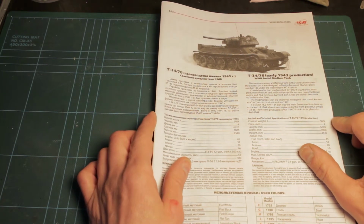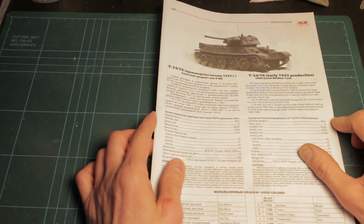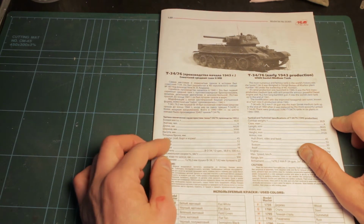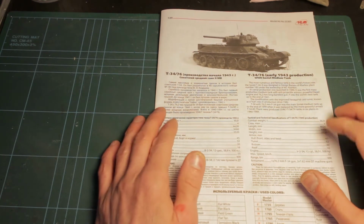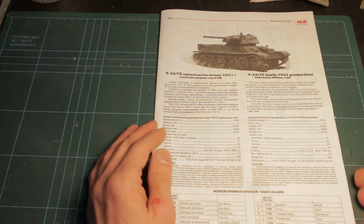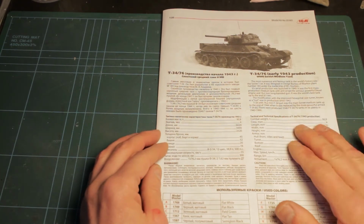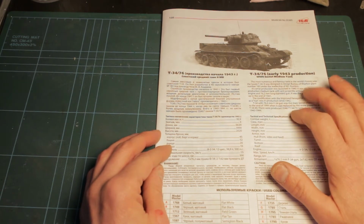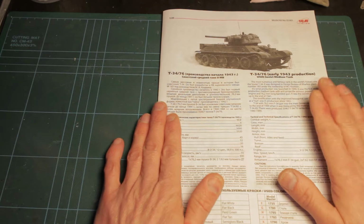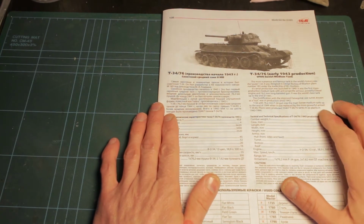They produced 35,467 T-34 76 tanks in 6 plants from 1940 to 44. So 35,000 plus tanks in 4 years. That's quite a number, as you can imagine. And I don't know how accurate all of this information is because I'm not that well up on tanks, but I do know, as most of you will, that the